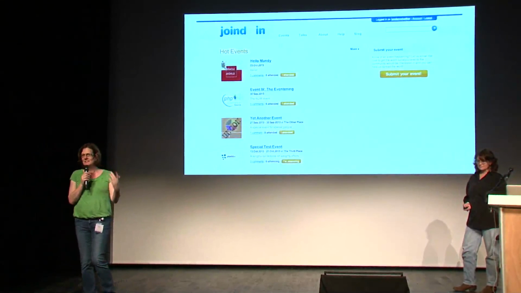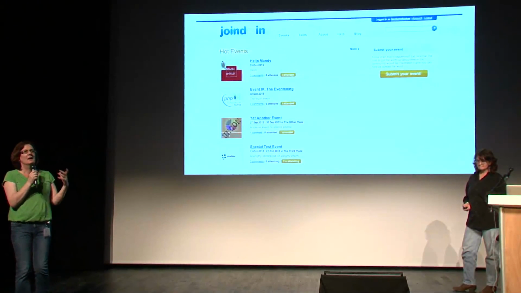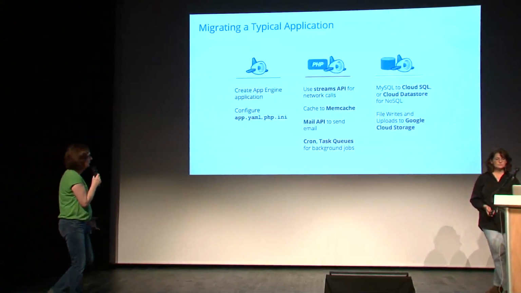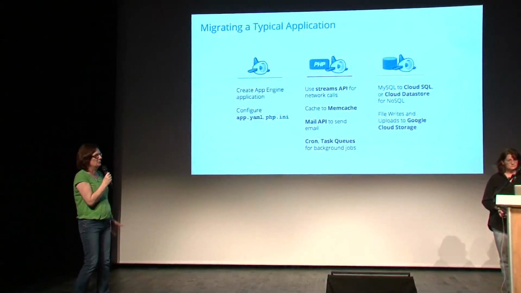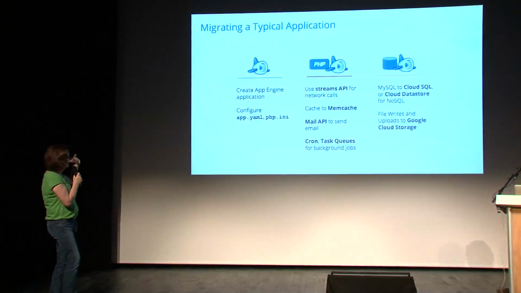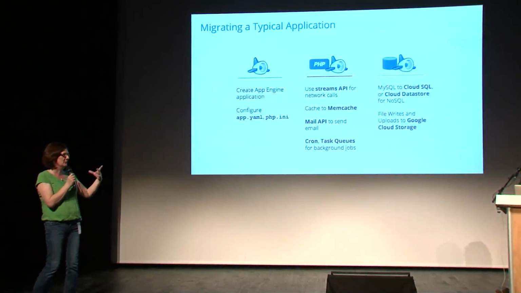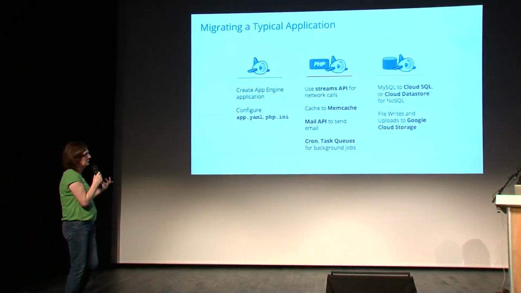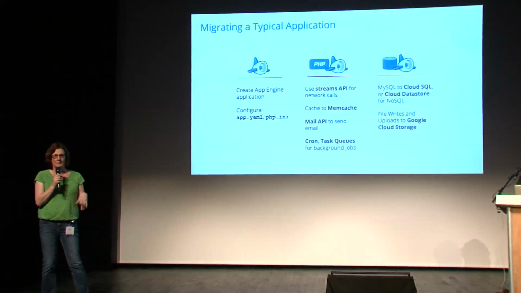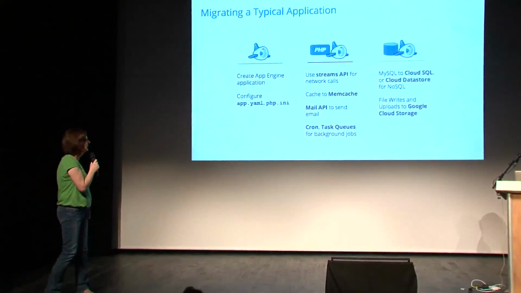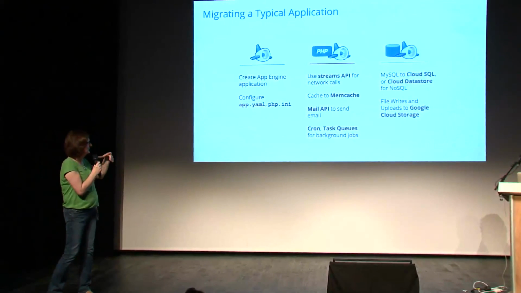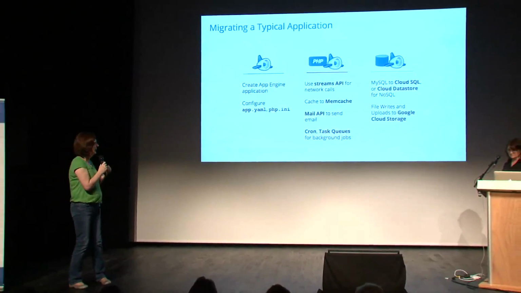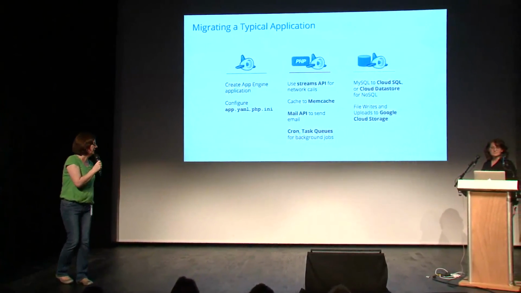So now, that was an example, but the most important thing is, how would you do that with your own applications? The whole process is fairly straightforward. There's the App Engine component, there's a PHP component, there's a data storage component. For this, you create an App Engine application, as Amy described. You have this configuration file called app.yaml that's specific to App Engine. You also have your php.ini that's also got some Google-specific extensions to it. Then on the PHP side, the various things we've seen are you can use the Streams API to make network calls, make use of this URL fetch service that Amy described. Then also